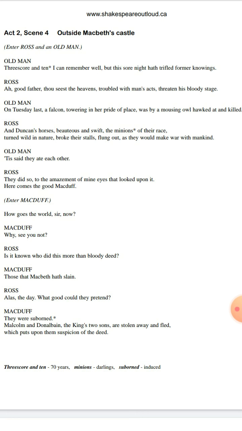Rose: Ah, good father, thou seest the heavens, as troubled with man's act. Now Rose says, yes, you are correct. Thou seest the heavens means you see that gods are troubled with man's act. So you see that gods are reacting to the wicked deeds of men, threatening his bloody stage, and that gods are reacting to wicked deeds of men in this way and are threatening the earth with destruction